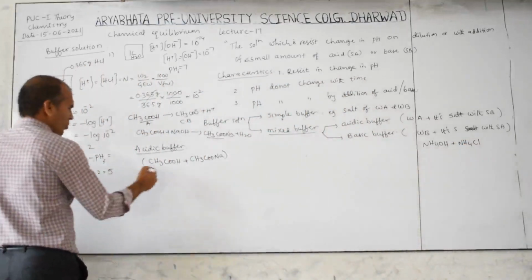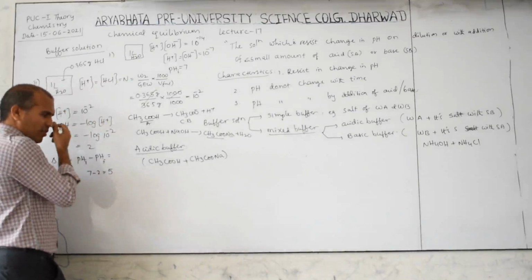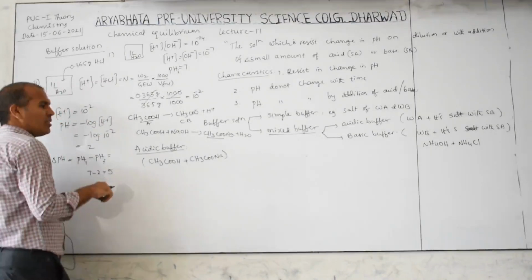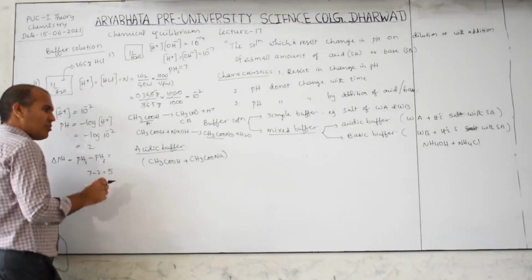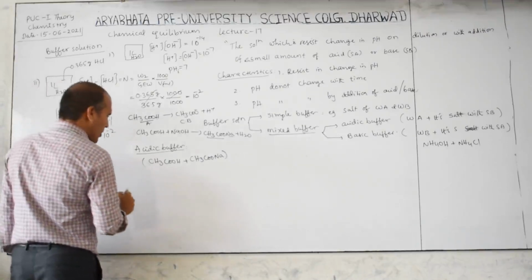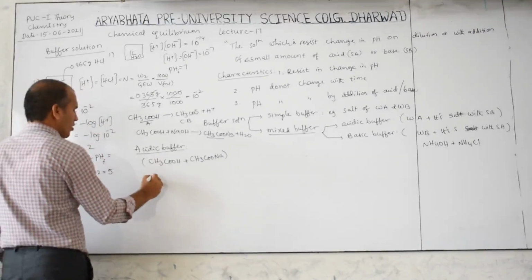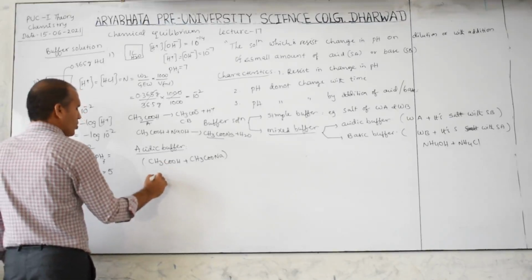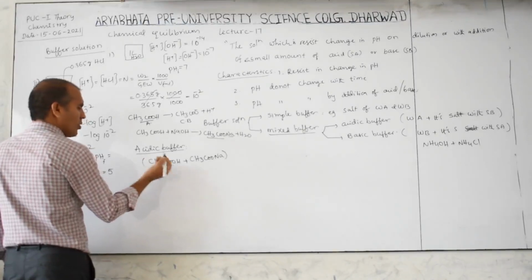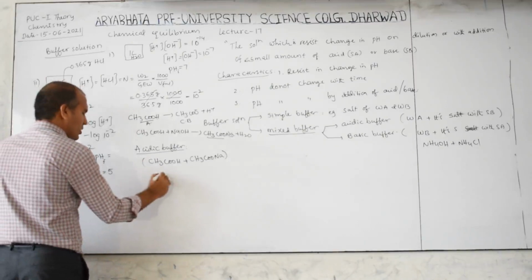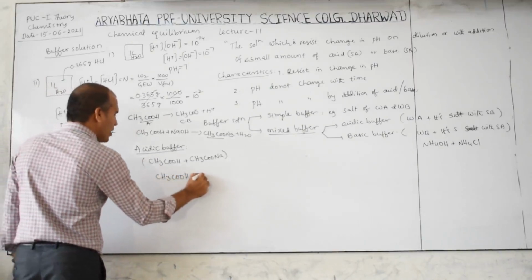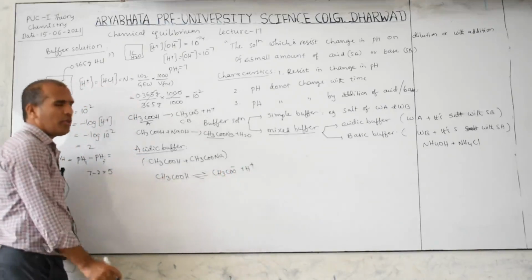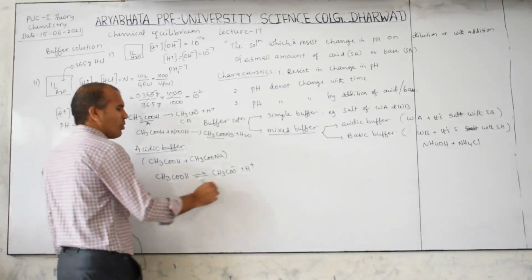Now we can derive the calculation of this buffer pH, how to calculate, because when you add acid or base, how the pH will change, if it changes we can also calculate. The generalized form we can also write, or with this example, no problem. But generalized you cannot understand, therefore I want to give you the example. CH3COOH is ionized into CH3COO minus plus H plus. Already we know that acids are generally incompletely ionized.